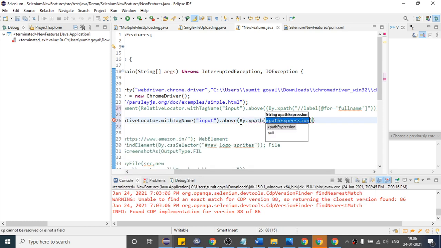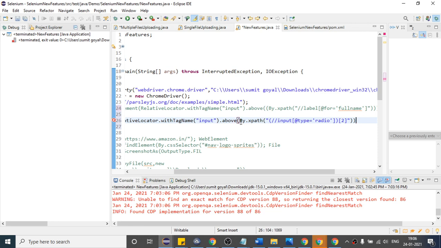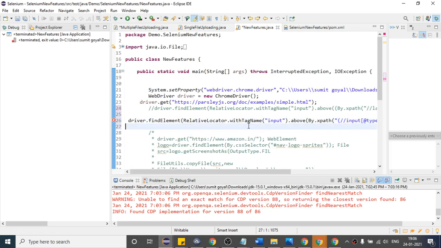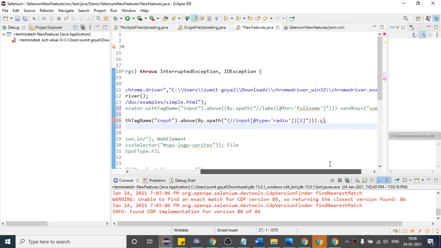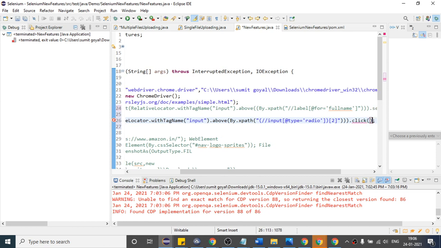Whatever element you have, you can place the xpath here, and instead of above, I want to simply click this. So I will provide one more bracket dot click, right? I want to click this time, not send keys. So click, right? So here instead of above,